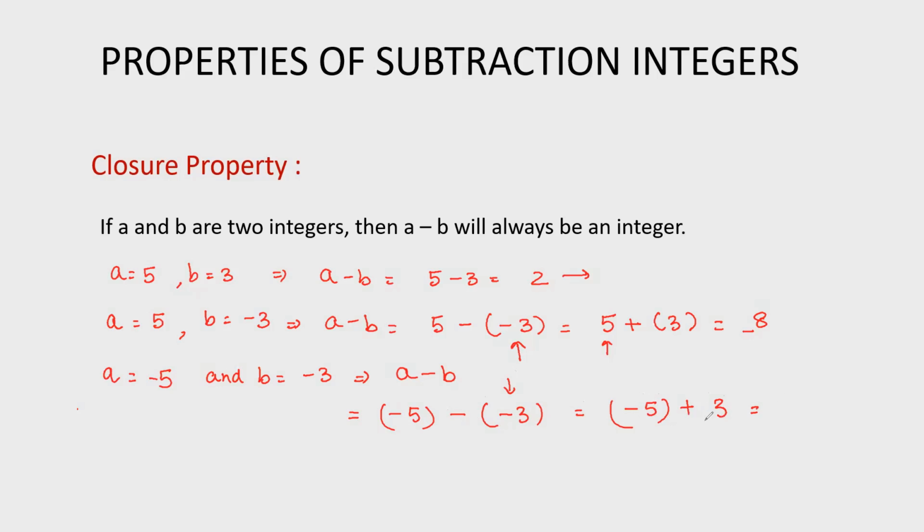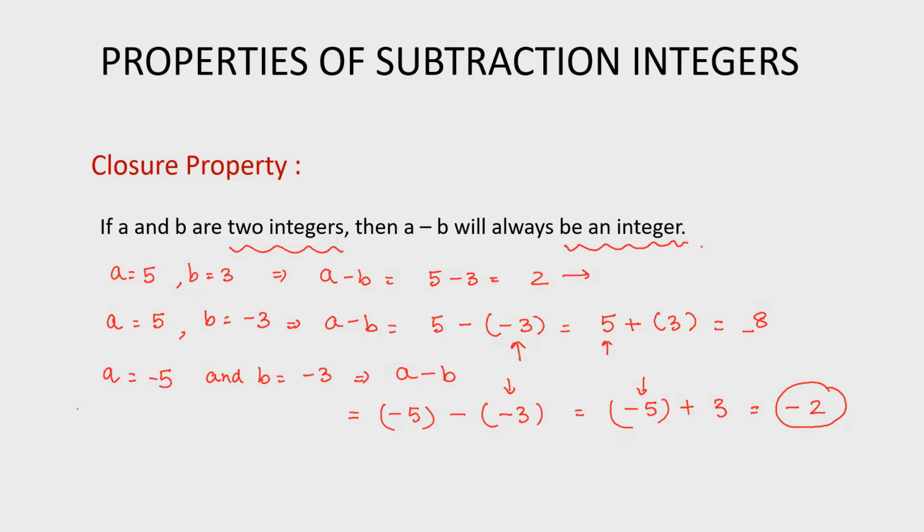Now here two integers are added. One is negative, one is positive. So the rule applies and we simply subtract the integers without looking at the sign. Now to put the sign of the answer, we take the bigger integer and put its sign. The bigger integer is 5, sign is negative. So the answer is minus 2. Now even if we get a negative answer, negative 2, this is also an integer. We know that this is a negative integer. Hence, closure property is satisfied here also. So, we get that if A and B are any two integers and we subtract them, then the answer will always be an integer.